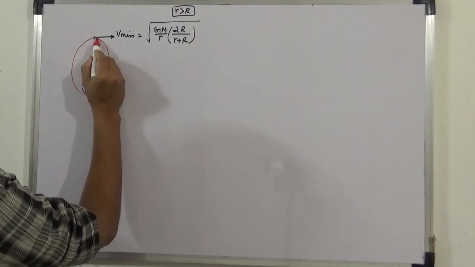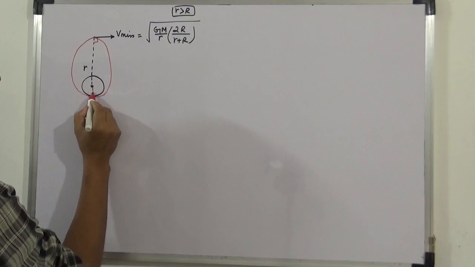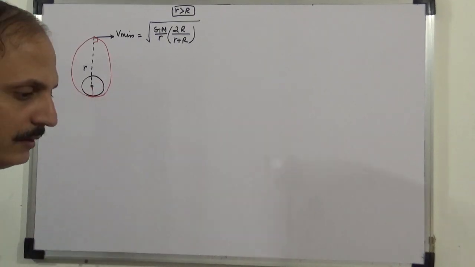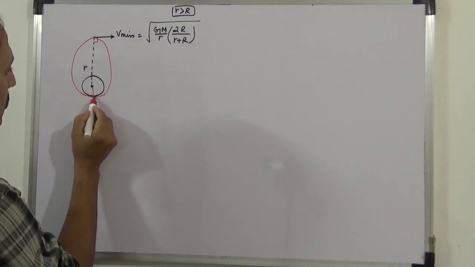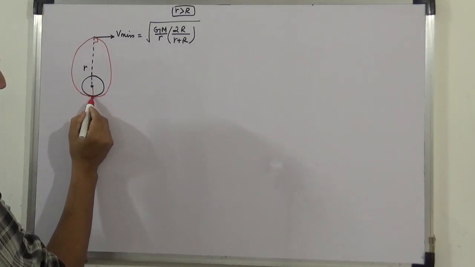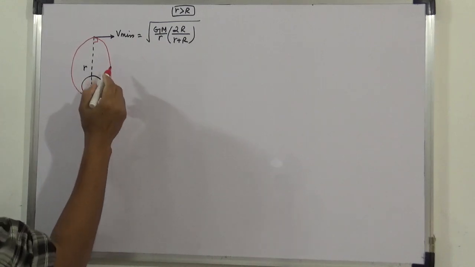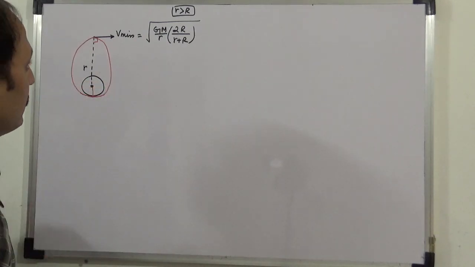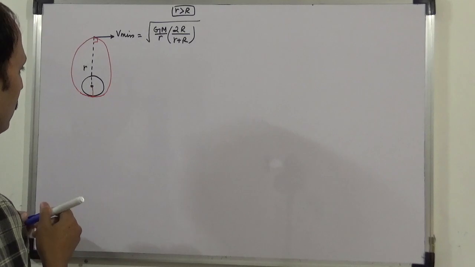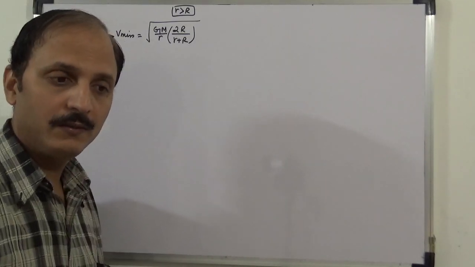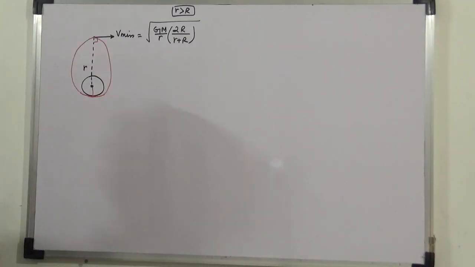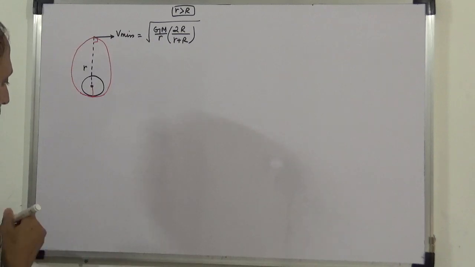This angle is 90. So the 90 will be only here, not at the other places. So it is going to go around the Earth by touching here. This is, it will be less than this if V is less than this. If you are not getting this, go through the last video that we have done. Okay. If V is less than this, V will be less than this.